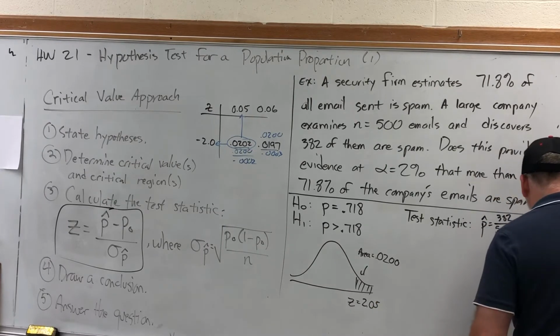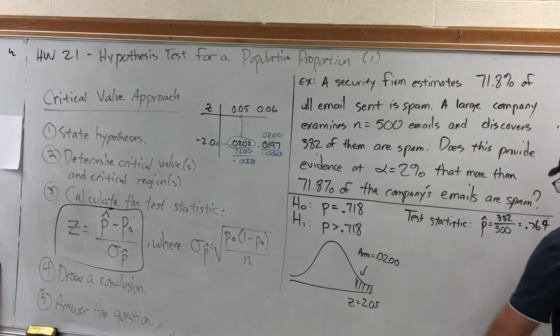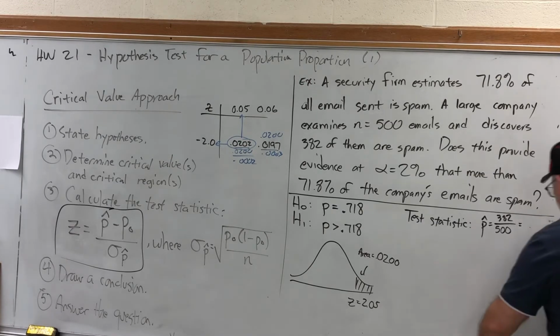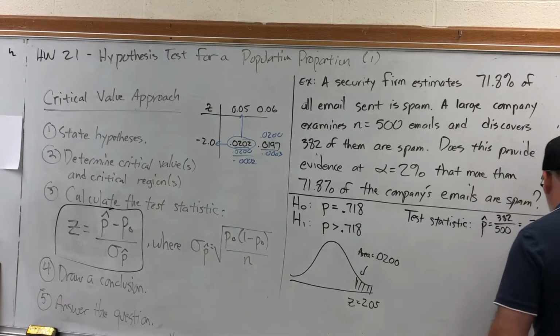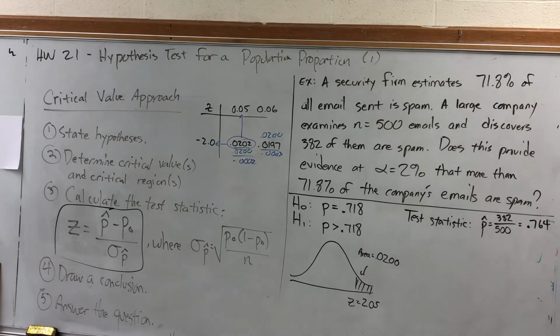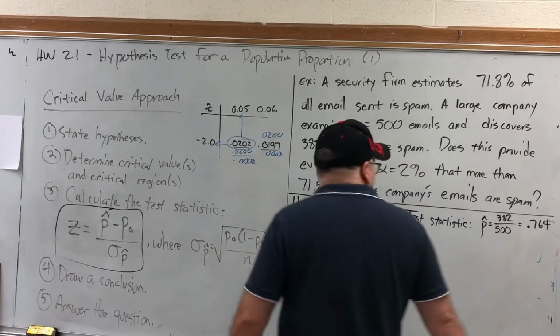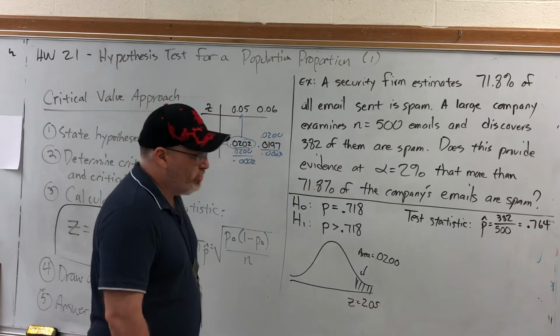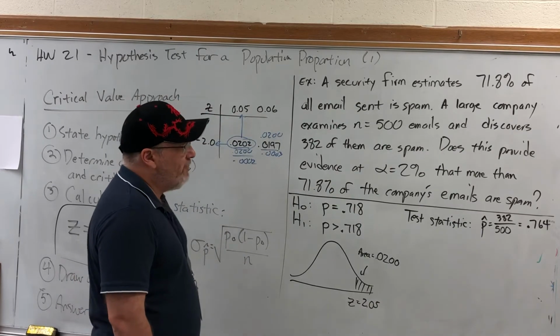We should get 0.764. I'm pretty sure that's right. I'm not dividing by 500. I'm multiplying both sides of this fraction by 2. It puts it over 1,000, and I'm pretty sure 382 times 2 is 764. Yeah. All right. So our sample gave us a proportion of 0.764, which is obviously greater than